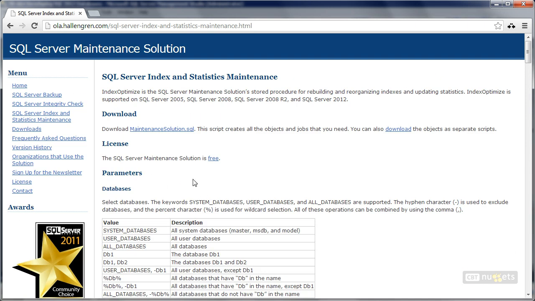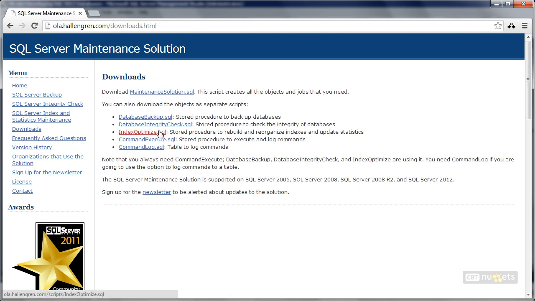Now, if you want to download this, you can download the entire thing. MaintenanceSolution.sql will download everything: backup, integrity checks, and index and statistics maintenance. If you want to download just specific things, though, you can hit the download as a separate script here. And the ones that you're going to be concerned with if you're going to do index optimization is right here, IndexOptimize.sql. And also, it does have a few dependencies here, CommandExecute.sql and CommandLog.sql, if you want to log this information